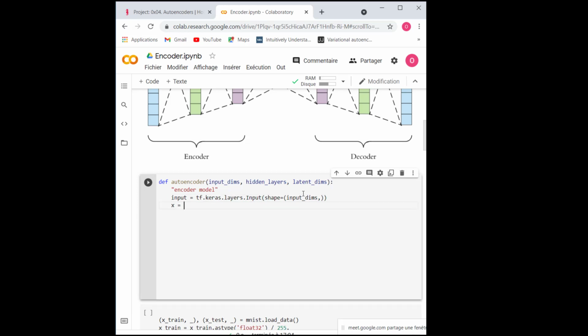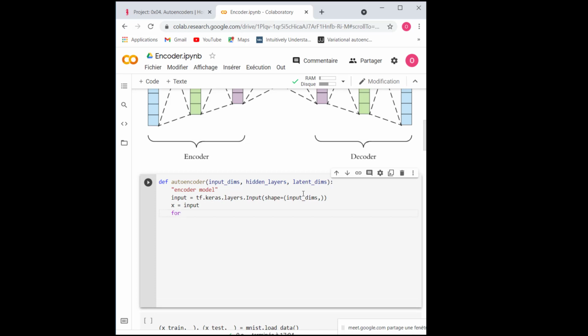Let's call the next layer x. So the x will take at first the input, and then I'm going to loop over the hidden layers. So for, let's call it L, in the hidden layer list, x here will take a dense layer.